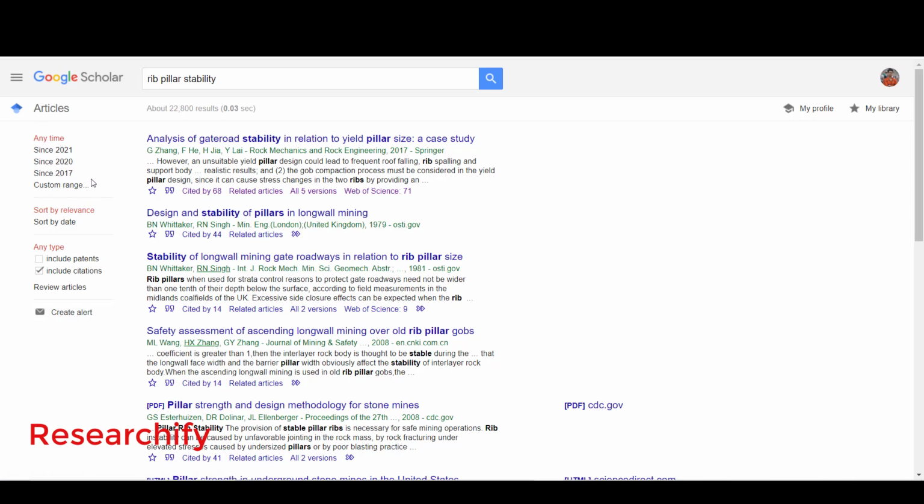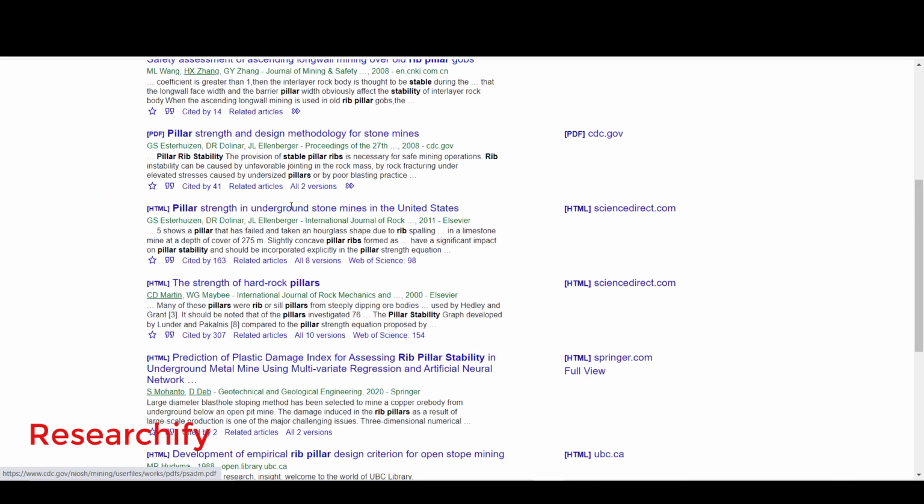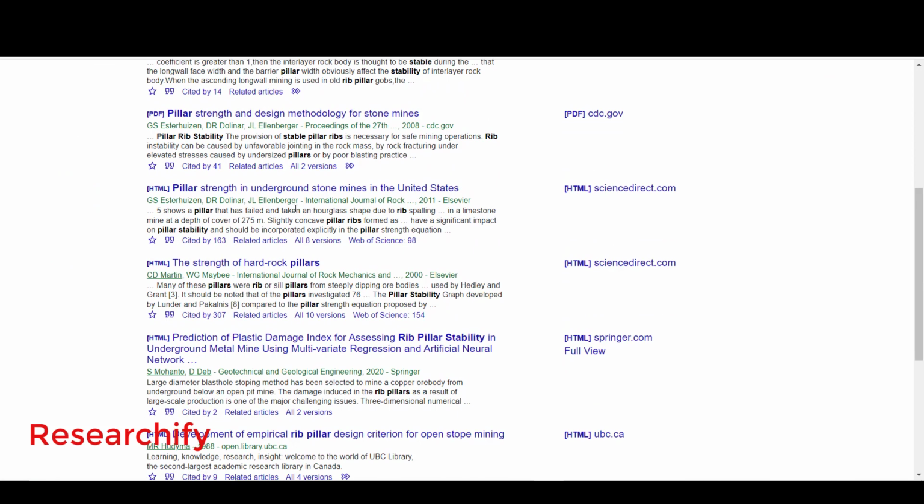Before that, you can also see some more options, such as related articles. Suppose I find one article on this page and I assume it is relevant, but I want more articles related to it. As I go down there are many articles, but that confuses me.